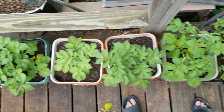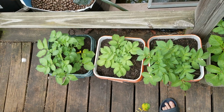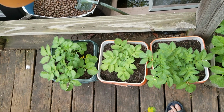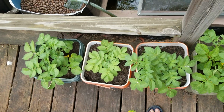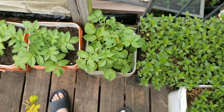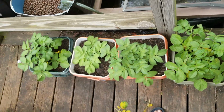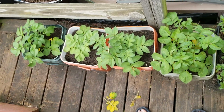Down here are some of my container potatoes. This is my first time growing potatoes. Well, period, really. And they're actually doing pretty good. I think they really have only about a month or so left before they'll be ready for harvesting, or at least from what I've read about how quickly they grow. I started these indoors, so they were already 1-month-old plants by the time I put them outside, and they have